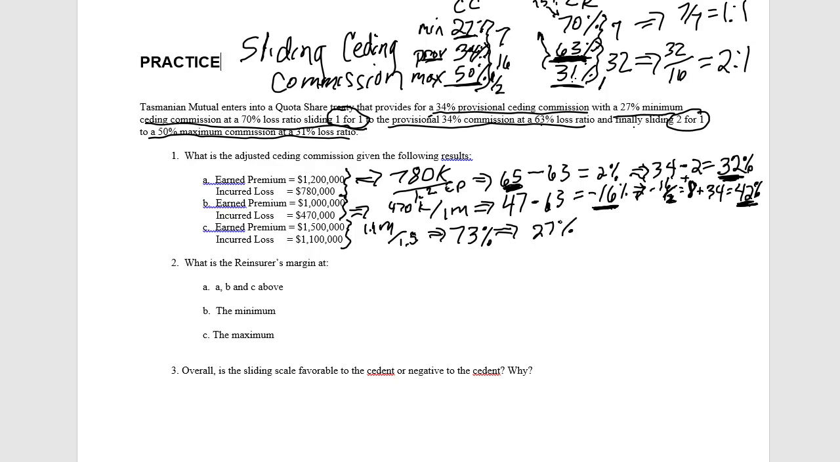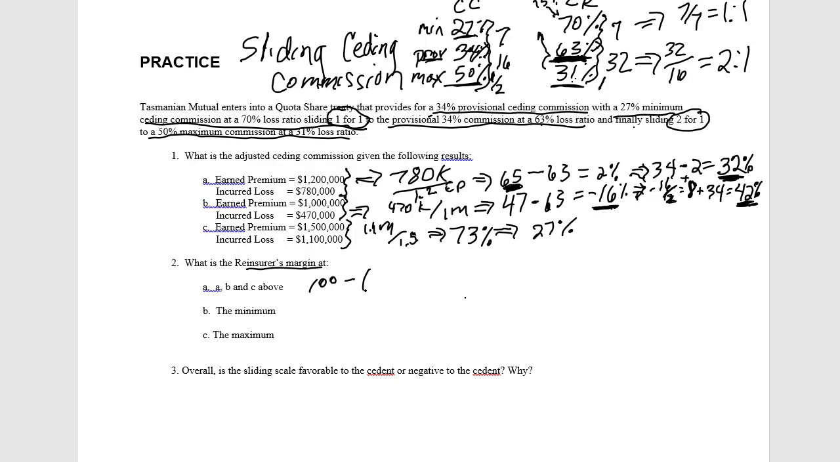Now it asks, what is the reinsurer's margin at A, B, and C above? So the margin is the percentage the reinsurer earns on the earned premium. So you have to think about, what does the reinsurer pay out? The reinsurer pays out two things, losses and ceding commission, and both are expressed as a percentage of premium in this problem. So the reinsurer's margin is 100 minus the percentage they pay in loss ratio, which is the same